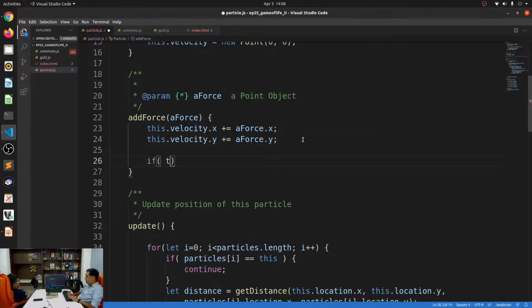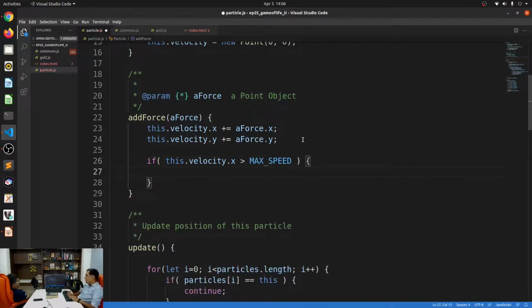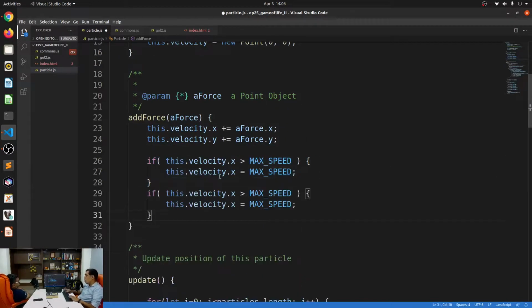Say if this.velocity.x is greater than maxSpeed, then we'll just say this.velocity.x is equal to maxSpeed. What do you say? Right? I mean, this works. Now remember, it can either be positive or negative. So I also have to check for the negative value, because it could be going in the other direction. If it is less than negative maxSpeed, then we'll just say velocity.x is equal to negative maxSpeed. And we'll do the same thing for y as well.